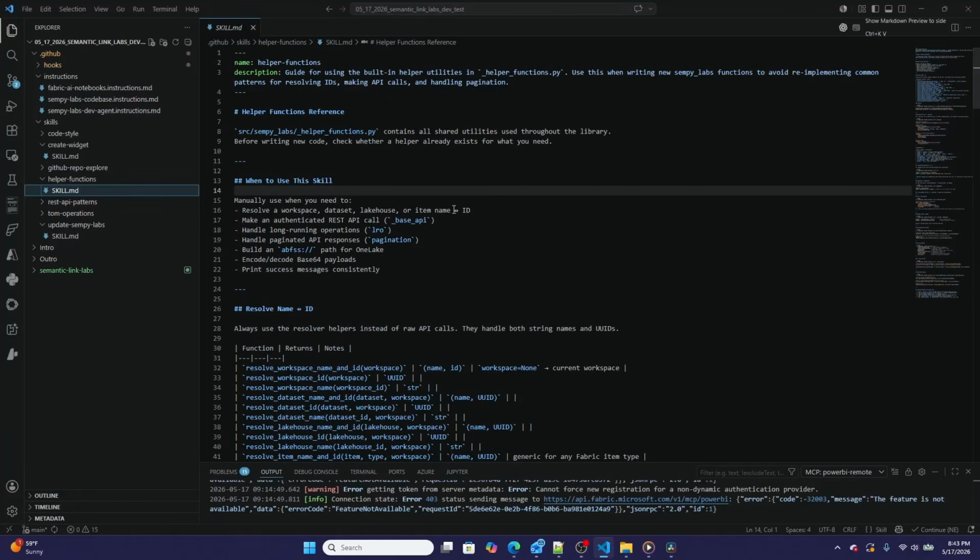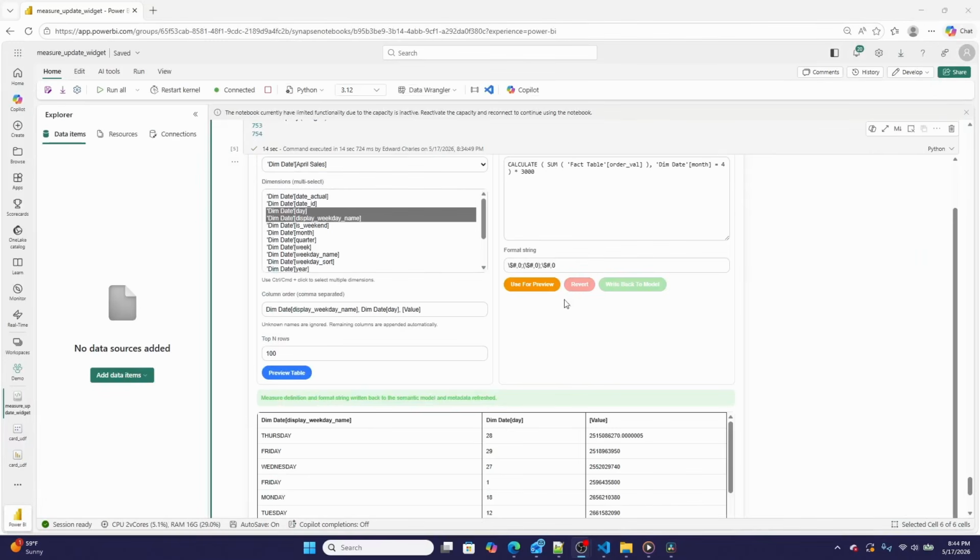Now, I'm still kind of wrapping all of this up, but creating it isn't that complex. You download the Semantic Link Labs repository, you say, hey, I want you to create a skill, and it creates a skill, right? I'm not out here writing this stuff. It's not incredibly complex. But the ease of ramping up kind of this UI and these little utilities in Microsoft Fabric notebooks is what has me really fascinated,